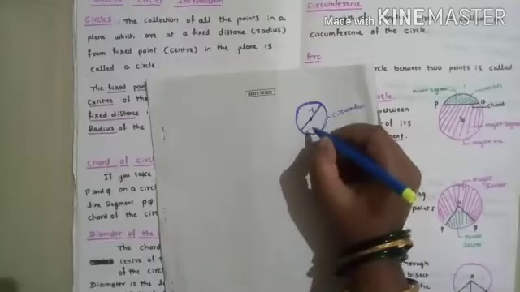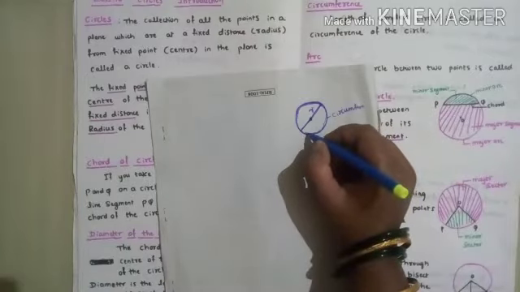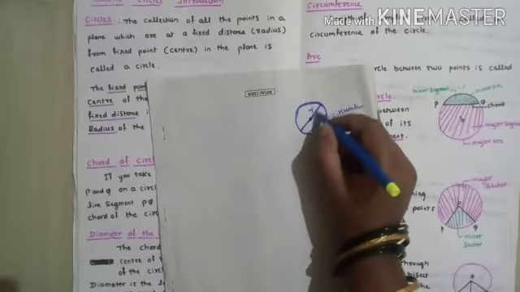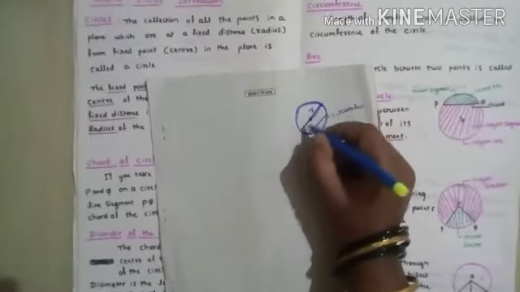Chord means what, you know? Chord is the line which joins any 2 points on the circle. Diameter is also one of the chords which touches any 2 points on the circle, and diameter is called the longest chord of the circle. And chord means what? The chord is a line which touches any 2 points of the circle. PQ is a chord here, and AB is a diameter like this.